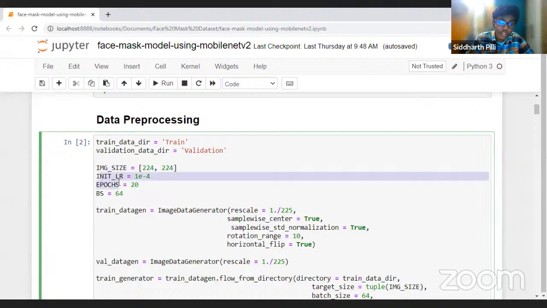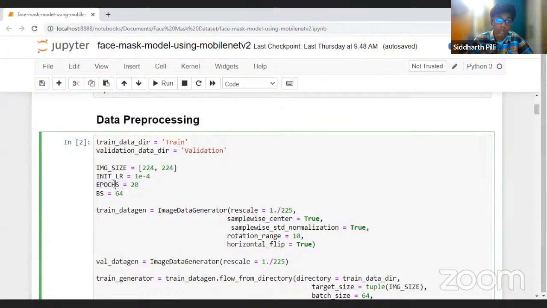And finally, initial learning rate. Now, I always keep the learning rate very low. So I set it to 1e-4, which seems pretty good. But if you want, you can keep your learning rate as 0.001. But remember, don't keep it too high, or else the model might not converge. So always try to keep your learning rate low. This seems all right for me as a learning rate.